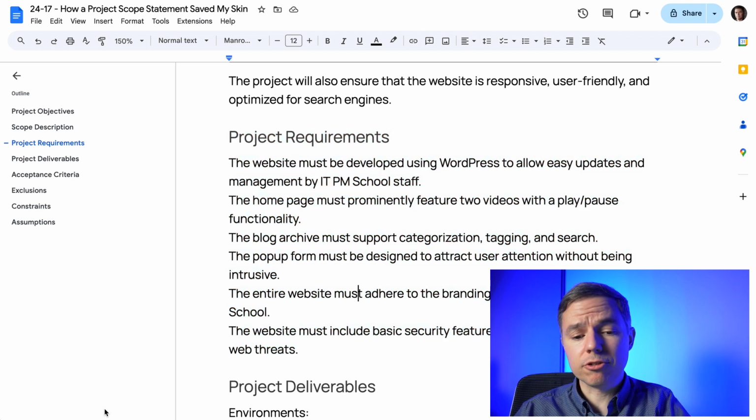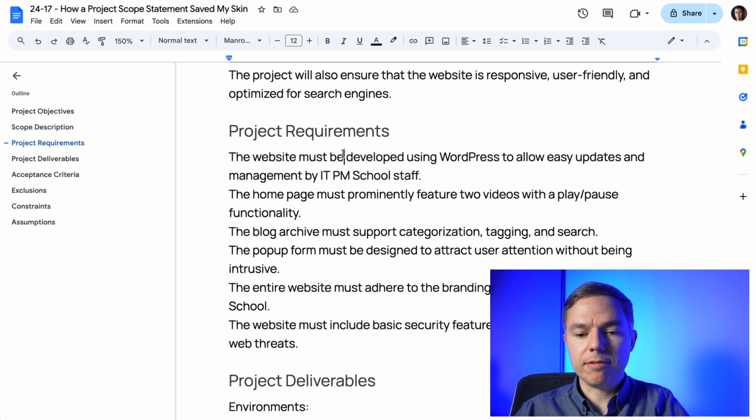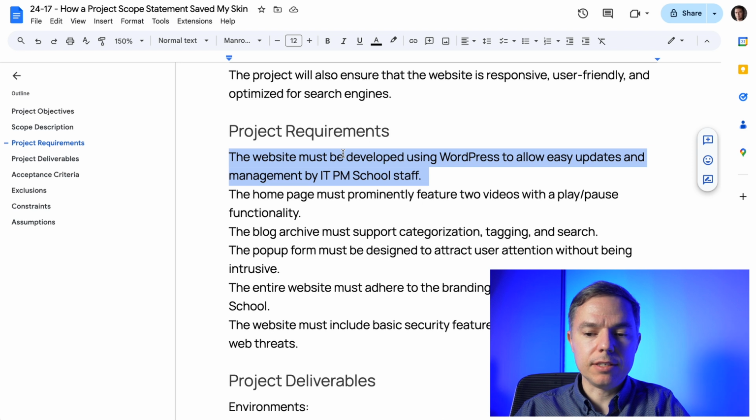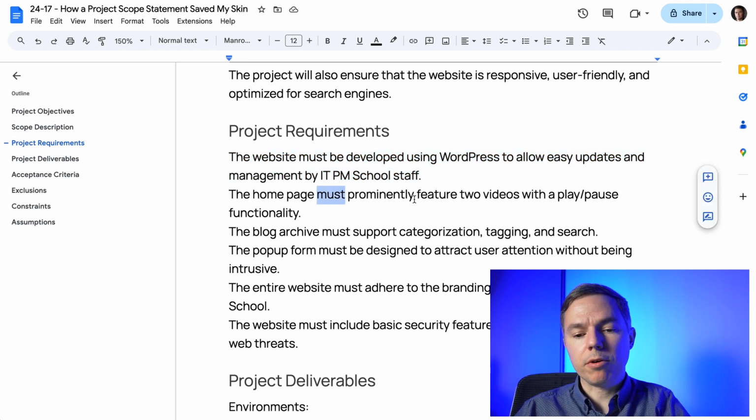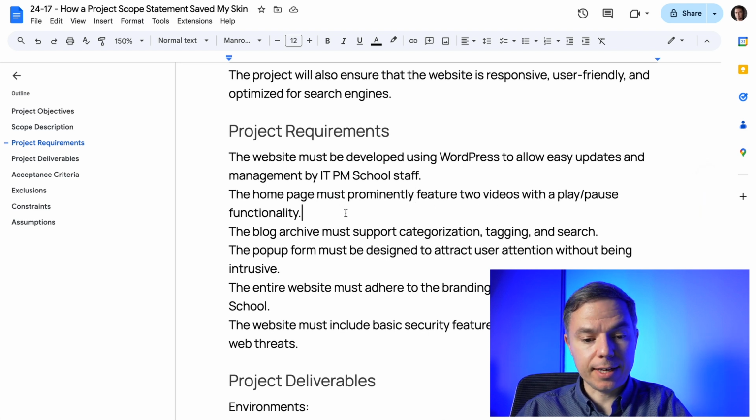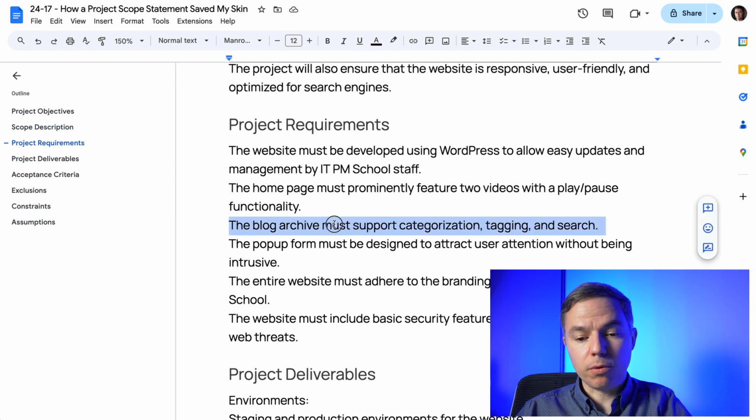And this is just to reiterate what we're going to do. So things like website must be developed using WordPress to allow easy updates and management by ITPM School staff. Homepage must prominently feature 2 videos with a play pause functionality. The blog archive must support categorization, tagging, and search. So everything that they said, I put here for the peace of mind.